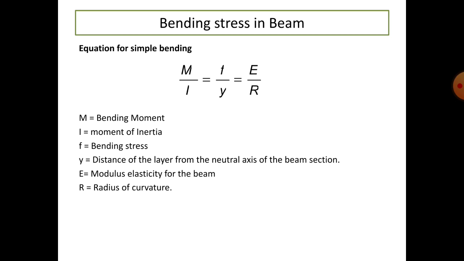So it is bending moment upon I is equal to bending stress upon the distance of the layer from the neutral axis of the beam section. From the neutral axis to the extreme fiber, that distance is called y. And what is F? It is the bending stress. And E is the Young's modulus for the beam, and R is the radius of curvature of the beam. Okay, this is the simple bending equation: M upon I is equal to F upon y is equal to E upon R. Using this formula, we'll be calculating